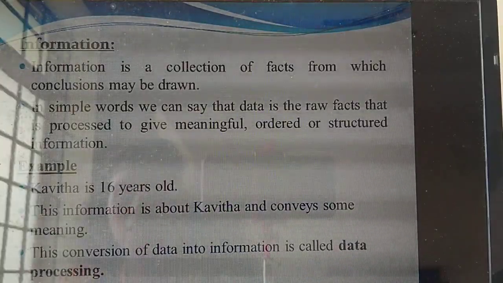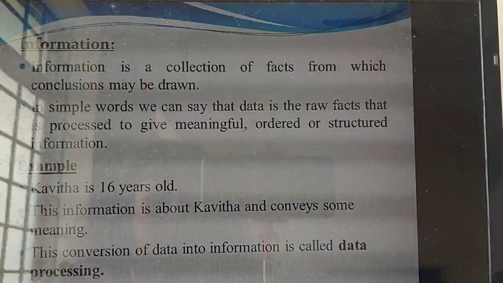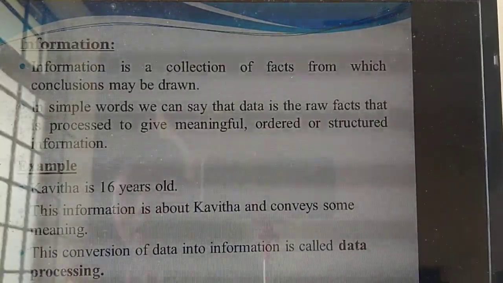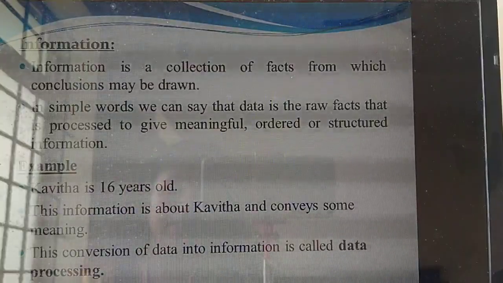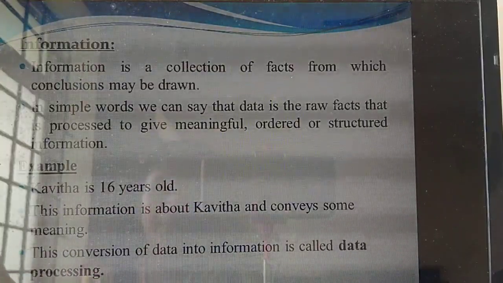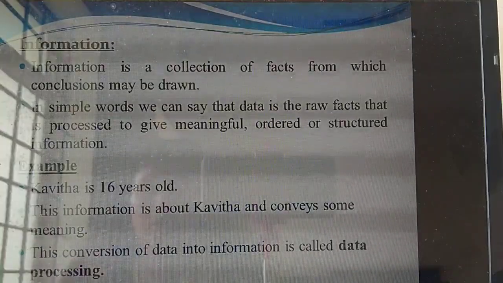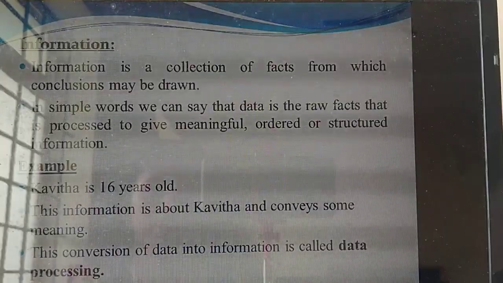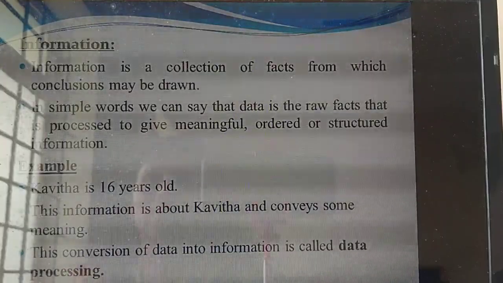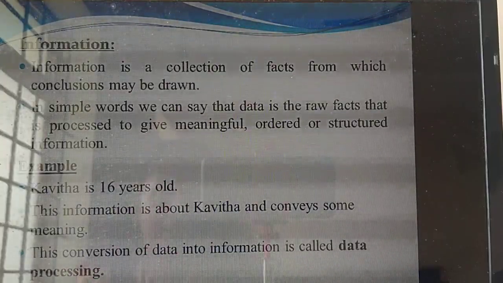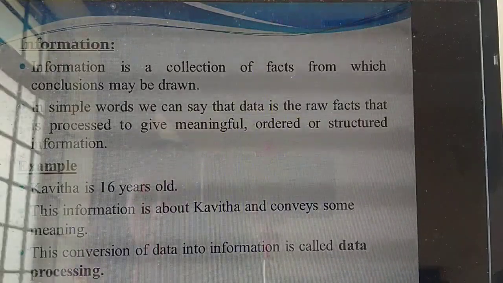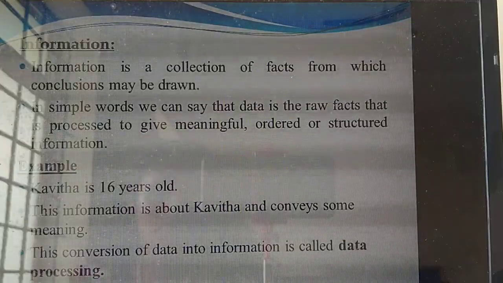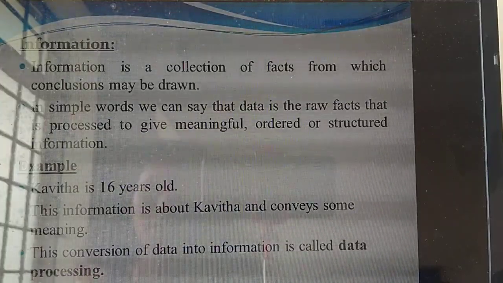So this conversion of data into information is called data processing. Important 1 mark question. What's the 1 mark question? Conversion of data into information is called what? Data processing. Understand? That means the unprocessed collection of something, you are giving a data, you are passing it as information, is called what? Data processing. Understand? Yes. So today you have studied 2 mark questions. What are they? Data and information. Sometimes they will ask separately: what is data, give example, and information, give example. Sometimes they will ask a 3 mark question, differentiate between data and information.